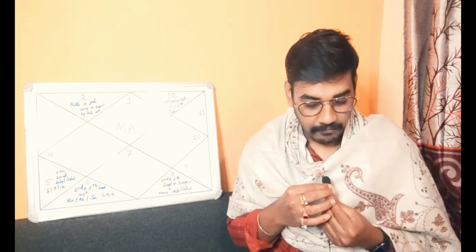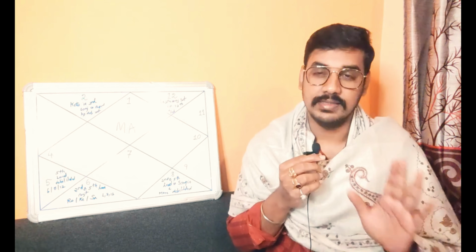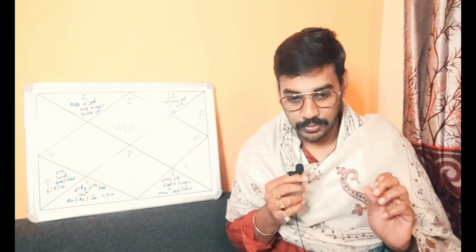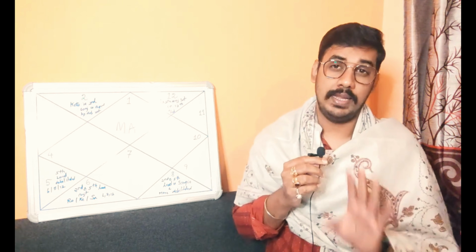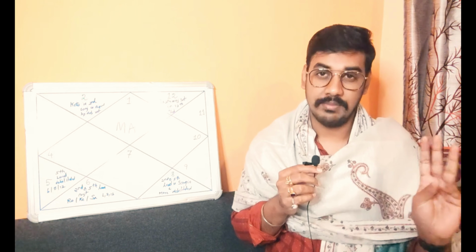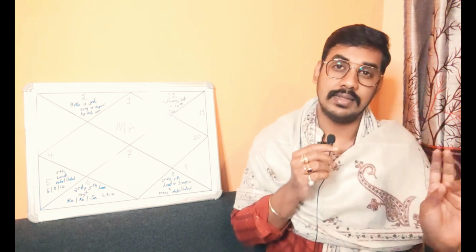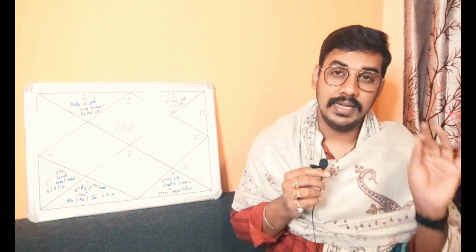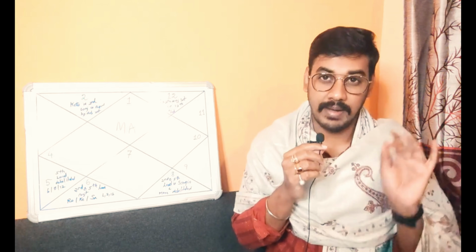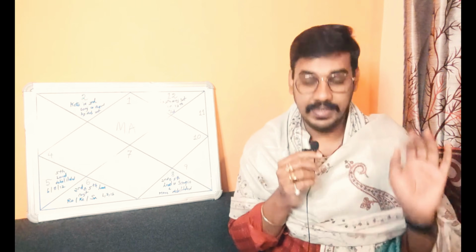So, whenever you are asked to wear a gemstone, see properly if that particular gemstone is at least well placed in the D9 chart, the Navamsha chart, the D10 chart, the Dashamsha chart, the D27 chart, the Nakshatramsha or Bhamsa chart, D30,